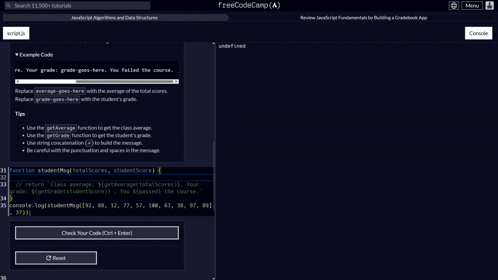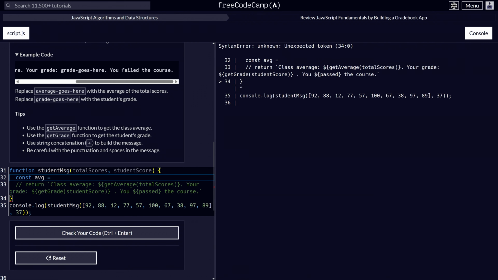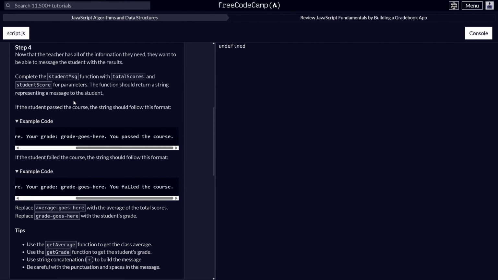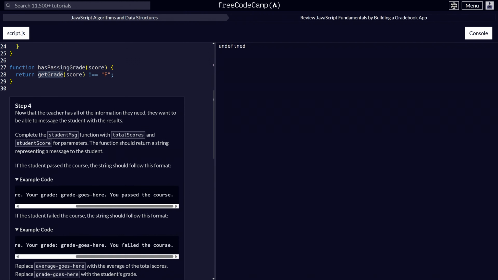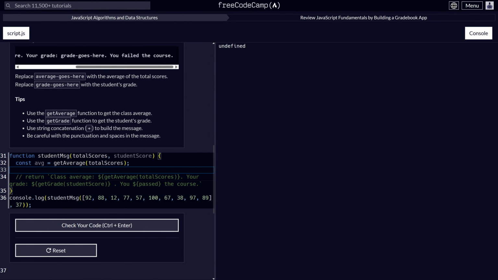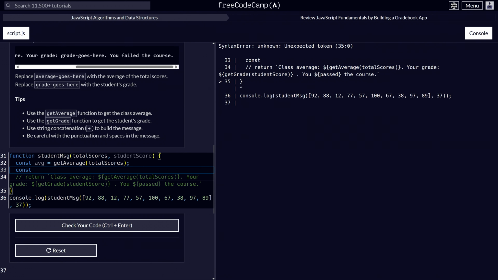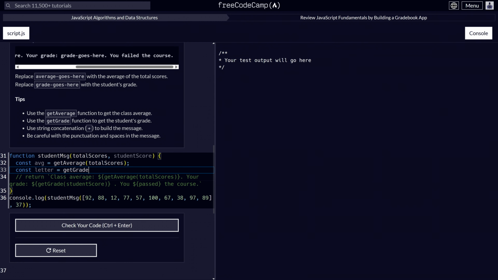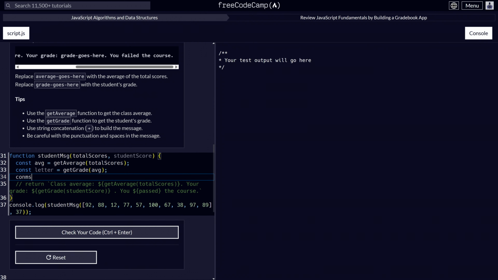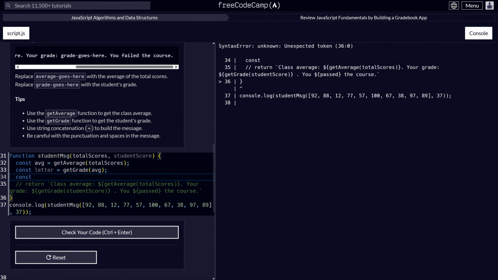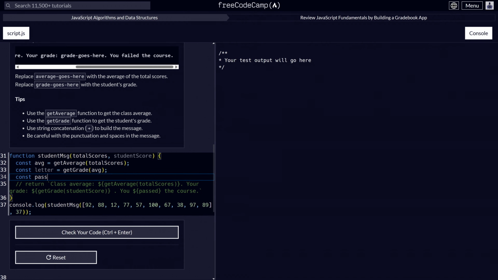I don't know, if we were using these total scores, I would say something like const avg equals get average of the total scores. So that's their average, and then what we've done so far is we get the grade for the score, but I don't know what that student score is, to be honest. Const letter equals get grade for average, and then const pass fail text is